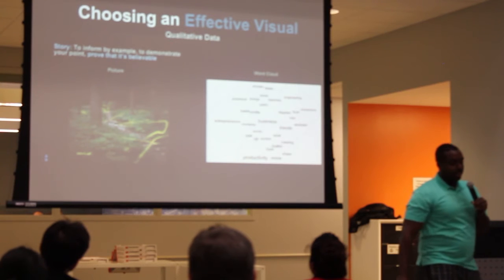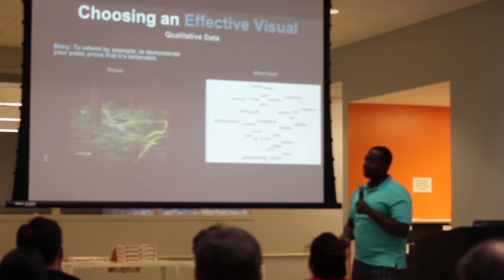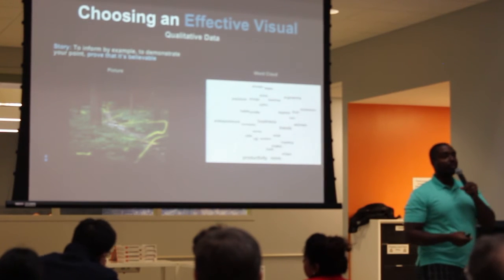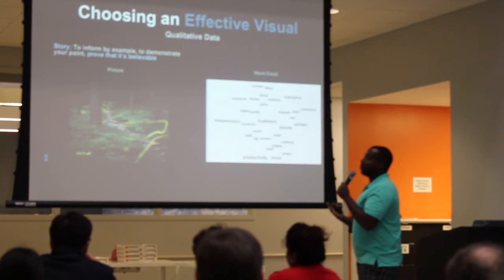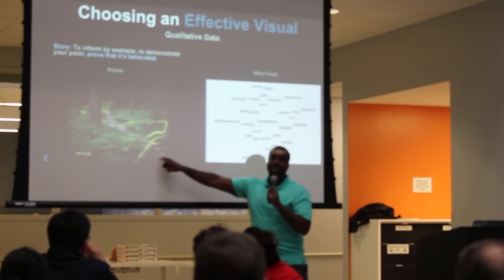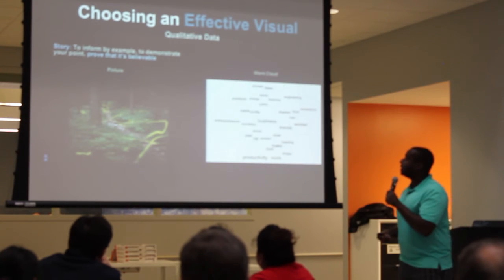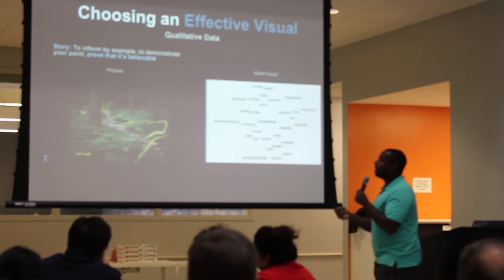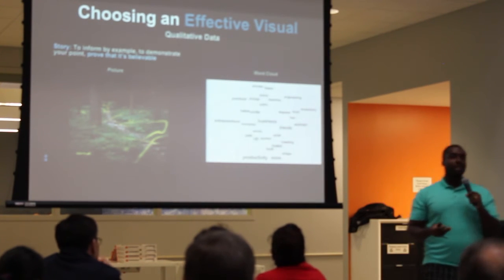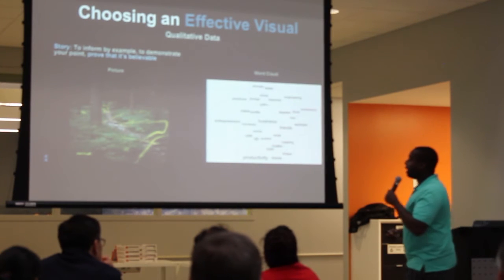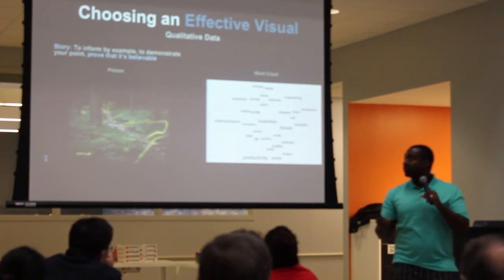So sometimes you might have qualitative data. And I pulled the example of the fireflies picture. A picture is worth 1,000 words, right? It's one of the easiest ways to get your point across. And I will say what you might want to do is spice up this picture and make it tell a story, but sometimes a picture is one of the best ways you can visualize data. And then word clouds, there are many opinions about word clouds, but in general, if the words themselves mean a lot, then you can use a word cloud. There was a period of time where we used word clouds way too much. Everybody wanted a word cloud.